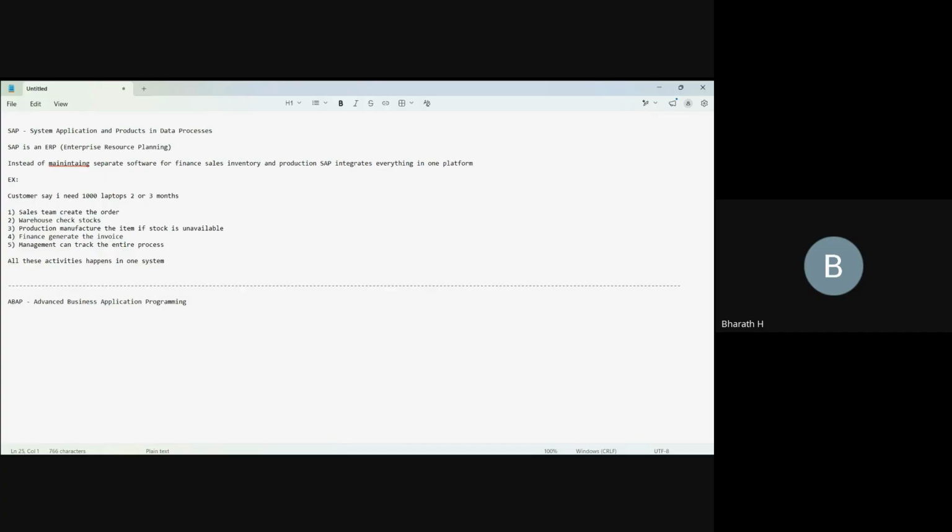As an ABAPer, you need to analyze and you can create reports or interfaces or enhancements and OData services and/or Fiori backend applications. So based on the requirement, you have to work on it. So that is the actual idea of being an ABAPer. So in the ABAP,